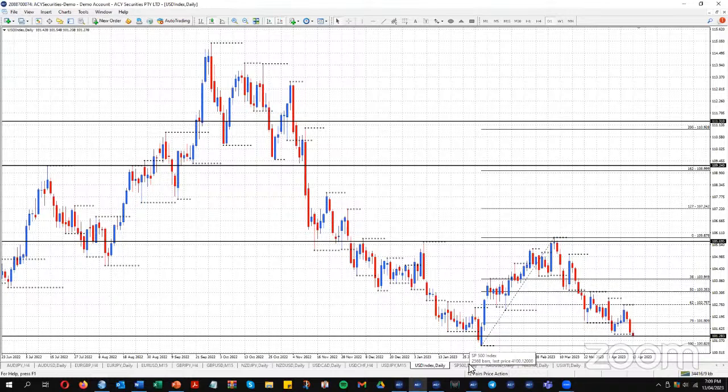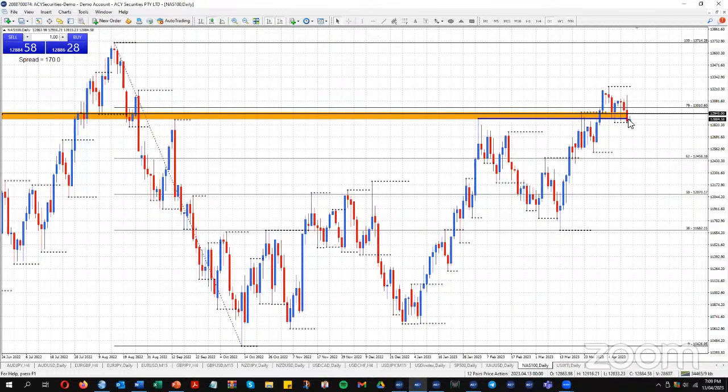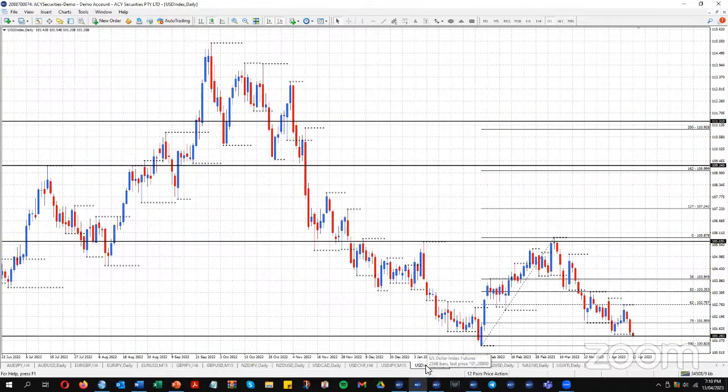But what I am noticing is that whilst the dollar index has been selling, the S&P 500 had a very nasty day yesterday. Whilst it was positive at the start of the release, well, after the release, we got a reversal, and it was the same on the Nasdaq 100. Very nasty candle on the Nasdaq 100. So, are we topping out on these indices? So we got indices moving down and we got the dollar moving down, all in the same vein at the moment, which we don't normally see, but that's what's happening at the moment.